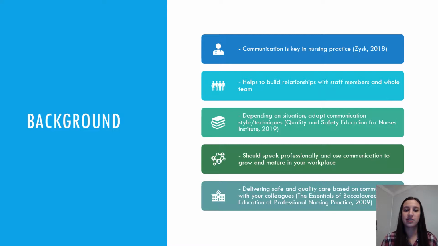The third one says depending on the situation you must adapt your communication style. So this is talking about the cues and competencies, and they say that you must do this to meet the needs of the team. The fourth one says you should speak professionally and use communication to grow and mature in your workplace. So you shouldn't use the same type of communication that you use in your home with your family when you're at work, because you want to earn respect and you want your coworkers to see that you can take care